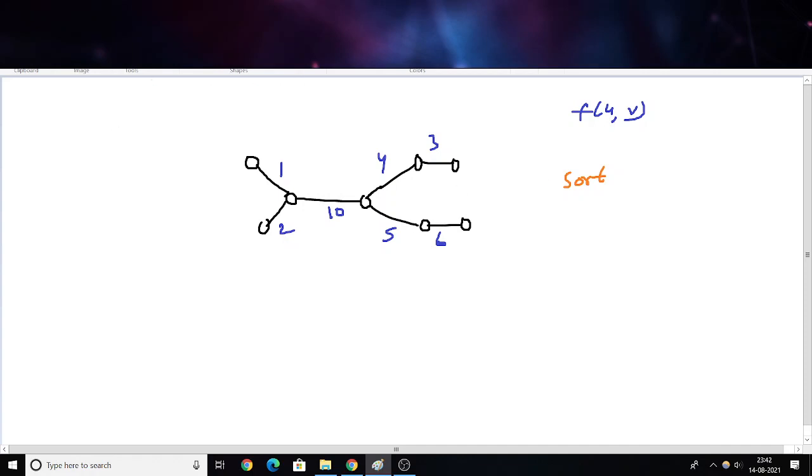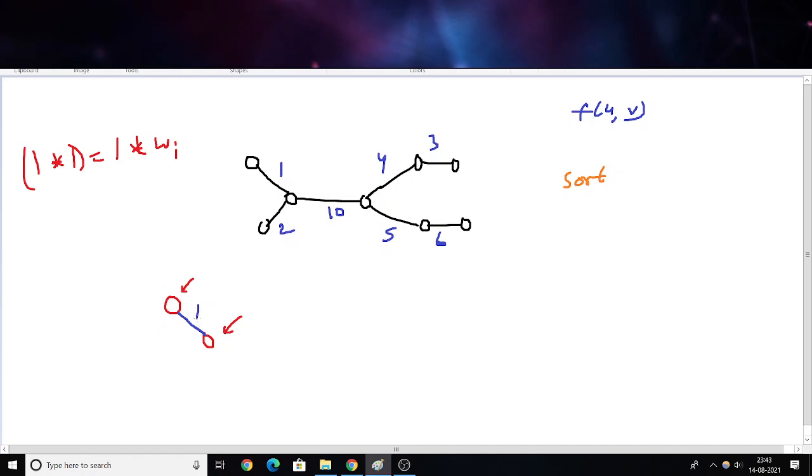Let me show you how that would look. For this case, we first pick these two nodes because that has the minimum weight, and I ask what is the contribution of this edge, and that's pretty simple. The contribution is just the size of the left component times the size of the right component. First component is this, second component is this. Size of both of them is 1, so 1 multiplied with 1. Which means that this edge will only appear once. So we multiply 1 with 1, then multiply with the weight of that edge, and after that we add an edge between these two.